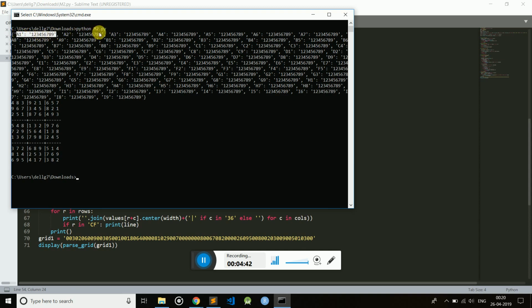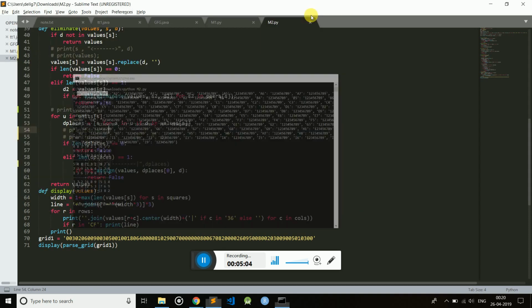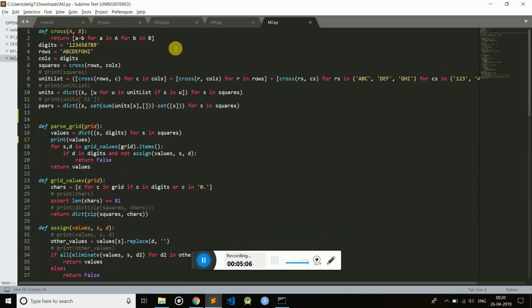For A2, again 1 to 9. A3, again 1 to 9. So each and every square can have 1 to 9. We are just assigning it for the presence of it. So we will be removing the unnecessary elements which cannot be placed in the square and only keep the elements which can be present in that square. As you go on with the code,